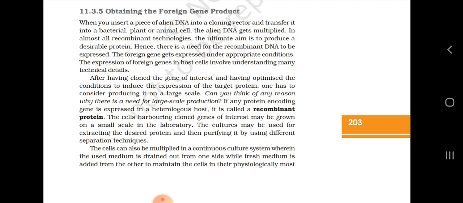So there has to be a foam controlling system, then a temperature controlling system and a pH controlling system, since an optimum temperature and pH have to be maintained, and lastly the sampling ports to withdraw the cultures periodically. The culture has to be periodically removed, else the bioreactor will overflow. The stirrer in the stirred tank bioreactor mixes the contents and makes the oxygen available throughout the bioreactor. So the chapter ends over here.